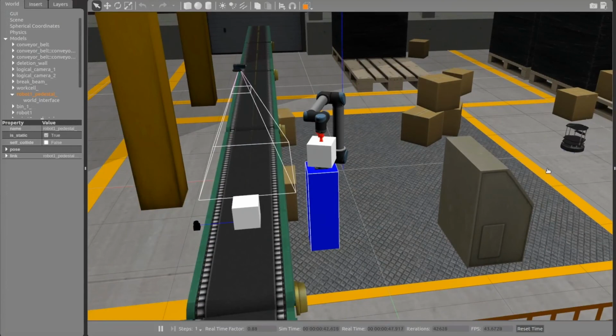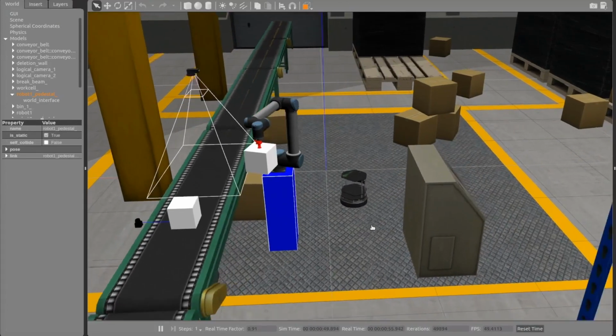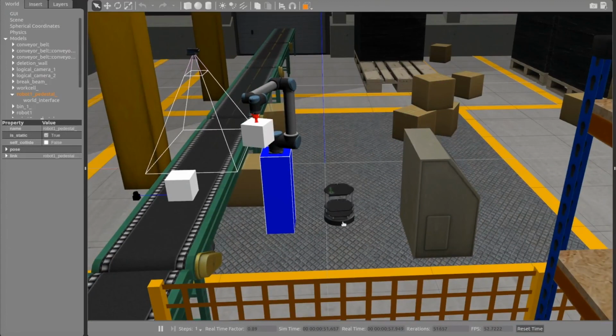Actually, the repository for the factory simulation includes a ROS node to control the conveyor belt. All we need is a FlexB state implementation that uses that node so that we can control the conveyor belt in our state machine. In the next unit, we will learn how to create such a state implementation.